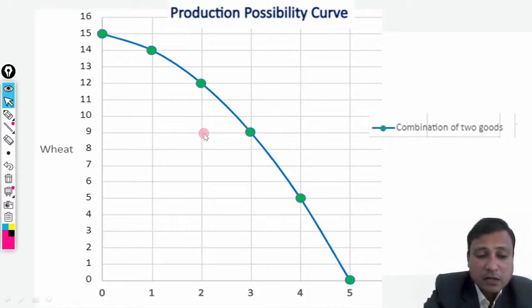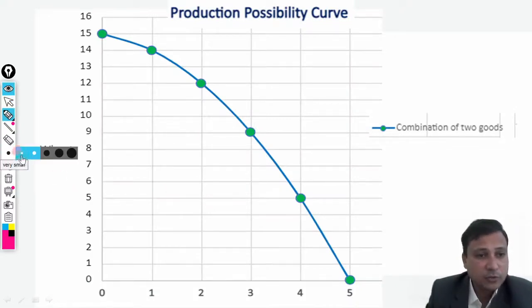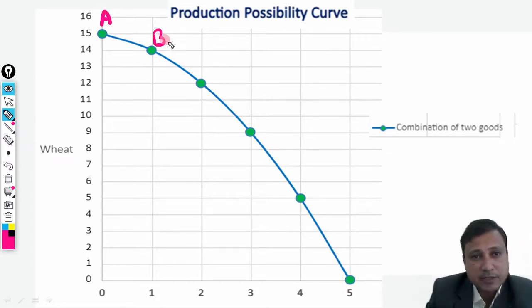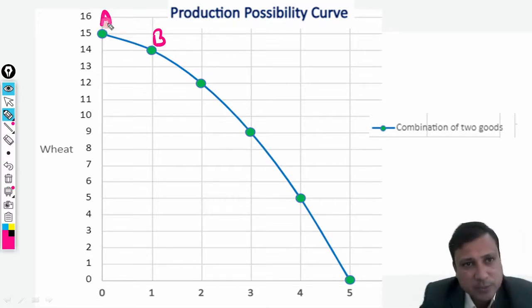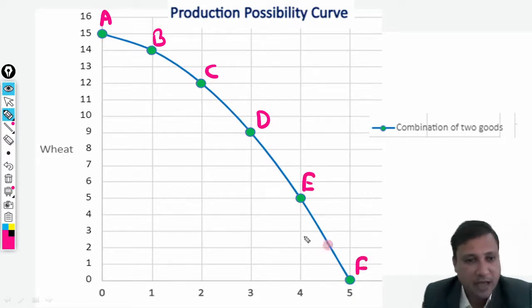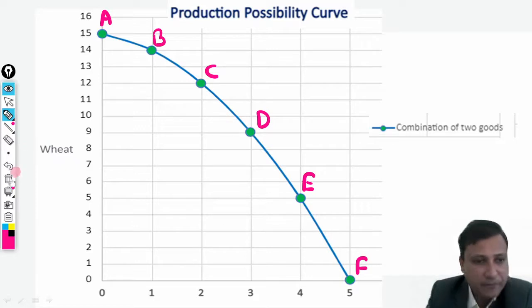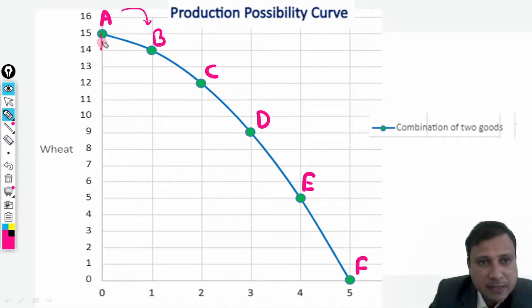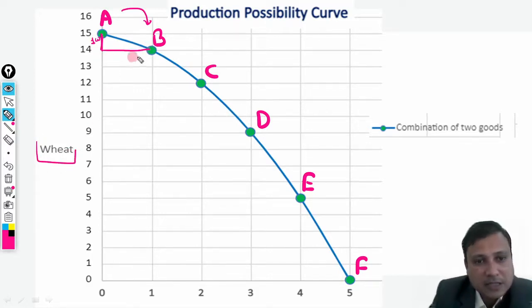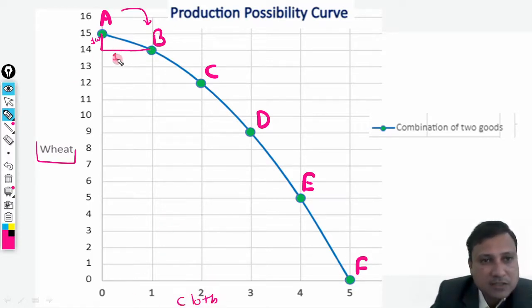So here is the graph, and in this graph we are going to see what exactly happens. So here is point A, here is point B, or I would say possibilities: possibility A, possibility B, possibility C, possibility D, possibility E, and possibility F. Now listen, as I shift from A to B, you can see that here is a decline by 1W, because here is W, wheat, correct? And how much is the rise in the cloth? Here is the cloth. On the OX axis there are clothes, so 1C, correct?